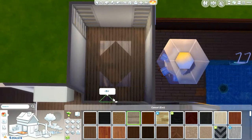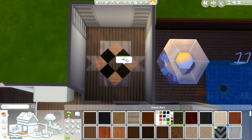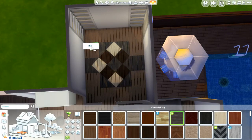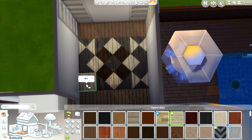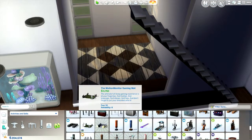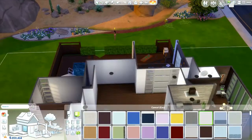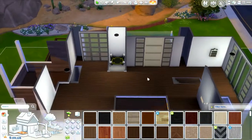I did this sort of design in the wood using different wood textures. I've done this before with rugs, but I haven't done it with wood. I believe it was a build that Hatsy did, if I'm not mistaken, where she did this in a dining room or a kitchen. And I was like, that's really beautiful. I want to do a version of that because I really love wood details like that in reality. I think it gives a really cool character and flavor to that room, and it just looks so gorgeous with the lighting hitting it